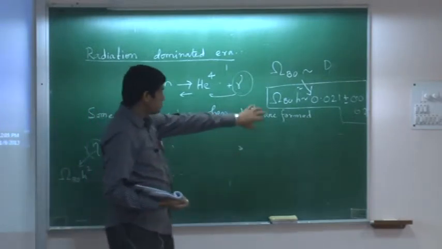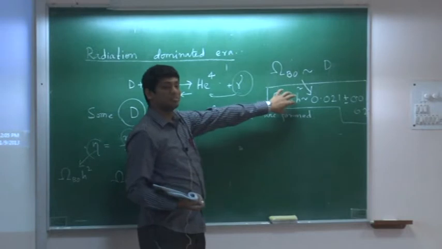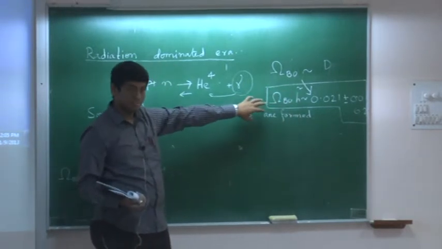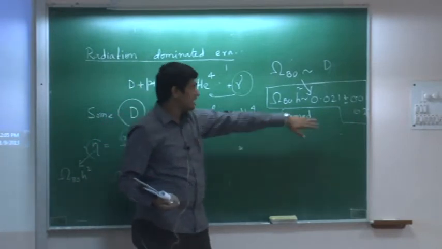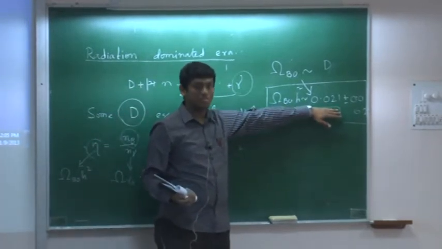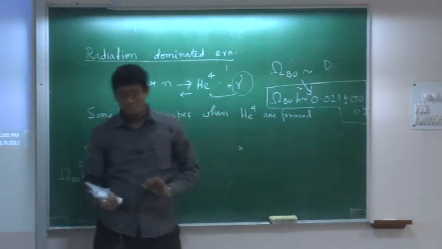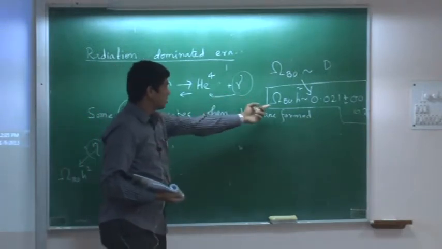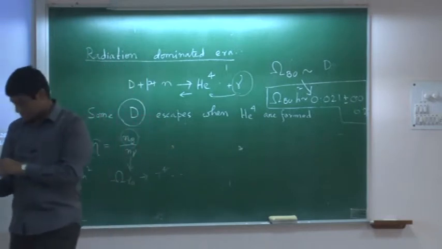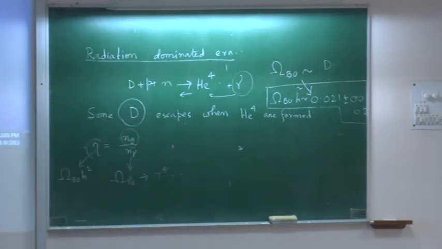And you can also measure this thing from something called, say, CMB. So if you measure this thing from CMB, it matches exactly with this value. And that is a remarkable fact, and that is more confirmation of the Big Bang theory. Because CMB gives you omega baryon from the structure formation scenario, and this gives you omega baryon from the nucleon formation scenario, or the Big Bang nucleosynthesis. Okay.